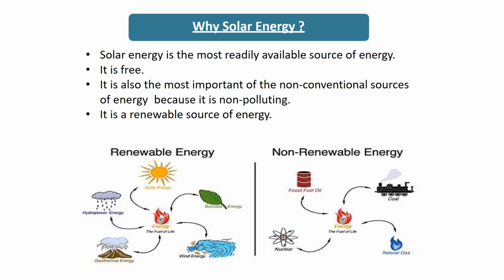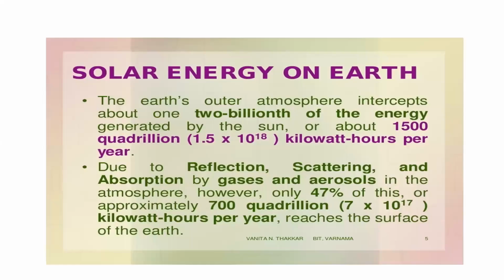So here we have kept one small diagram of the renewable energy. Here all other energies are going to depend on the solar energy only. Due to the solar things, the lunar effect also will affect, because the moon also is going to depend on the sun only. So here we are going to get the lunar effects, based on that the wave energy is going to affect us. So here the main source of energy, or at least you can tell it as a life for mankind, is the solar energy. It is a main part we have to focus on. So okay, coming to the next slide.